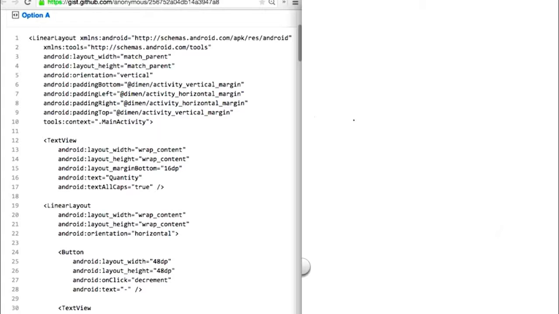I'm going to draw out the view hierarchy diagram for options A, B, and C. We'll start with option A. It contains a linear layout as the root view, so let me draw that. Then I want to figure out the next layer of the view hierarchy, which would be the direct children of